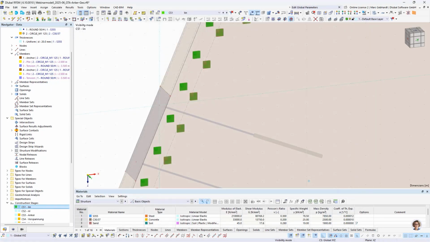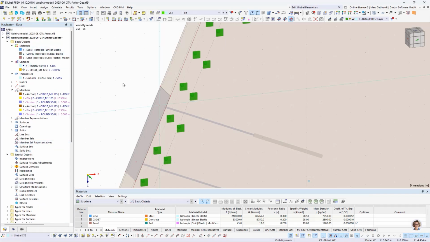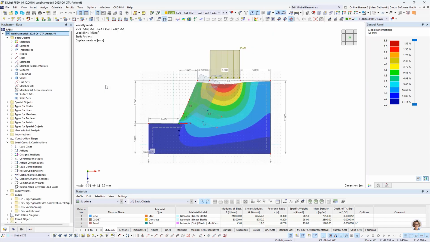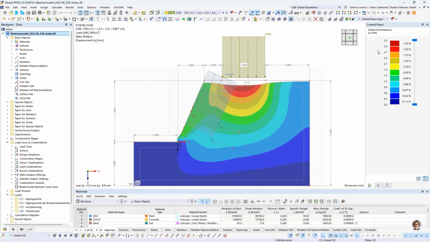So we now can do the static analysis for all of them, but I prepared already calculated model,